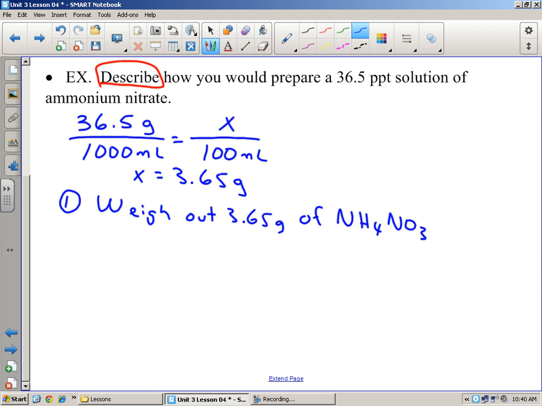I'll tell you what changes from question to question. The only thing that's going to change is the amount and what compound you're weighing out. Those are the only 2 things that are going to change for this. Okay? And you don't have to have the exact same wording as this up here, but it has to be somewhat close so that I know what you're doing. Okay? You're going to weigh out so many grams of that compound. You are going to dissolve it